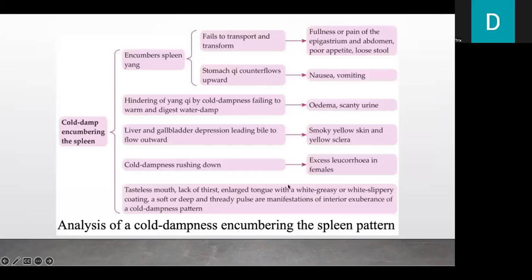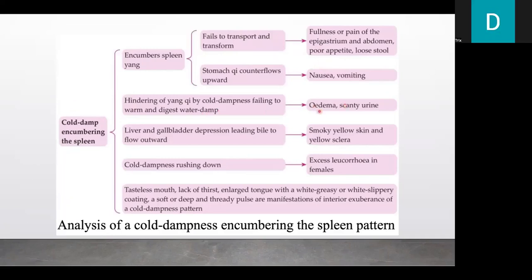In the analysis of the cold damp encumbering the spleen pattern, when it encumbers the spleen yang, it fails to transport and transform, and it causes fullness or pain of the epigastrium and abdomen, poor appetite, and loose stools. If the stomach qi counterflows upward, it causes nausea and vomiting. When the spleen yang is hindered by cold dampness, failing to warm and transform the water damp, it causes edema